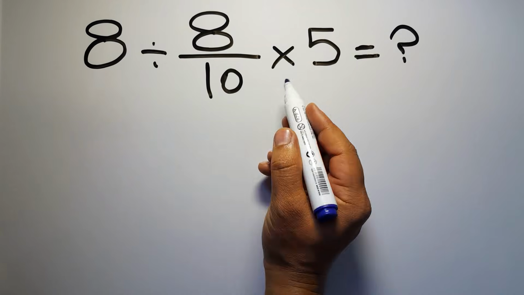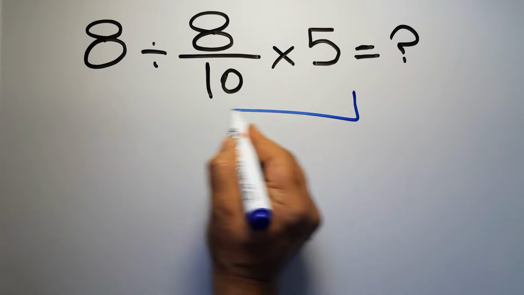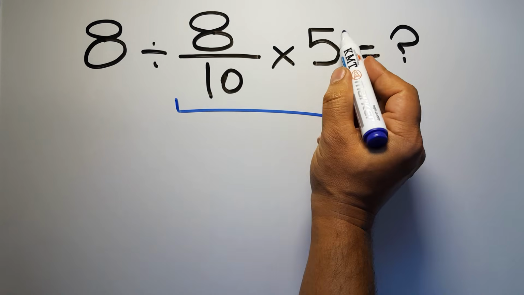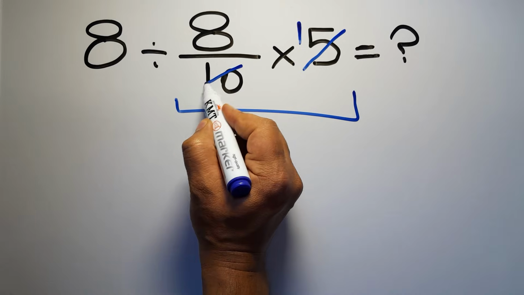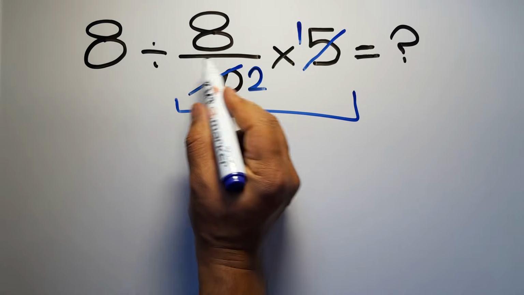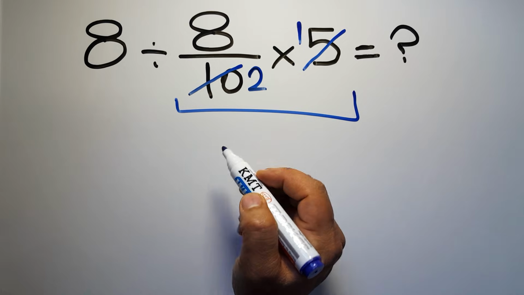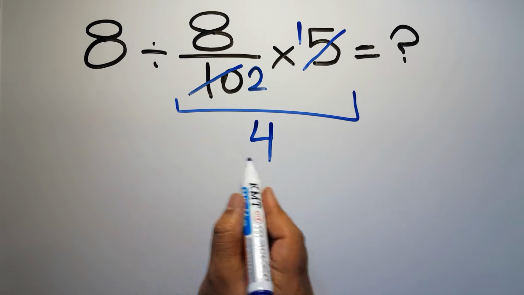First we do this multiplication. 8 over 10 times 5. 5 divided by 5 equals 1. And 10 divided by 5 gives us 2. So here we have 8 over 2, which equals 4. So 8 divided by 4